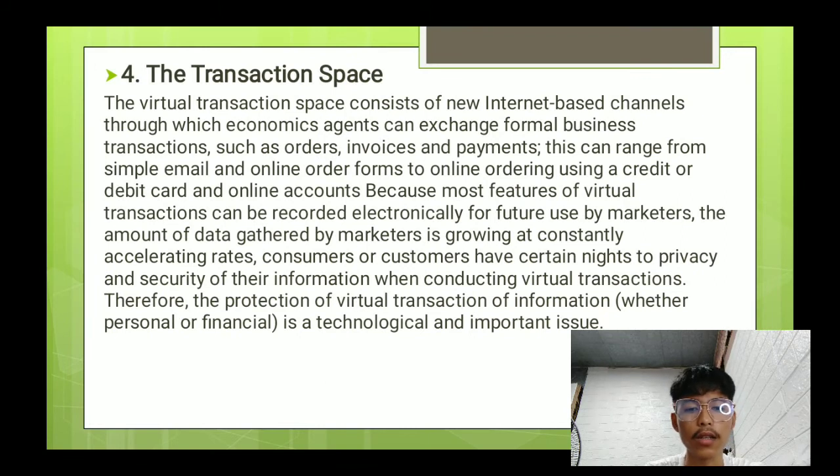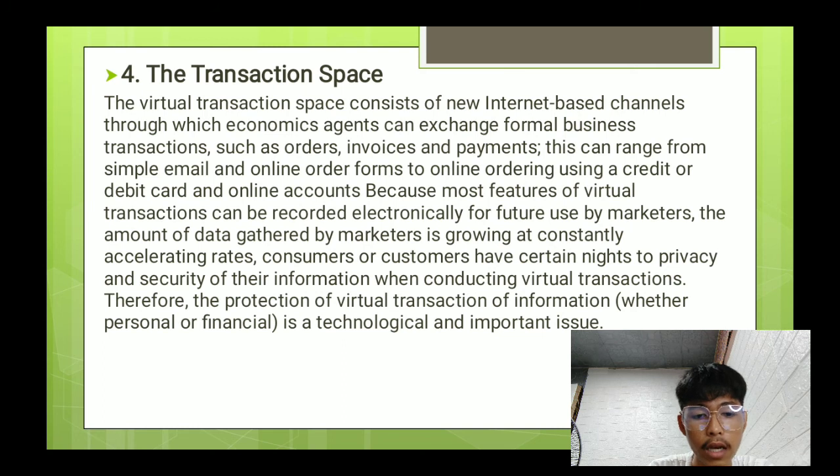Number 4. The transaction space. The virtual transaction space consists of new internet-based channels through which economic agents can exchange formal business transactions such as orders, invoices, and payments. This can range from simple email and online order forms to online ordering using a credit or debit card and online accounts. Because most features of virtual transactions can be recorded electronically for future use by marketers,